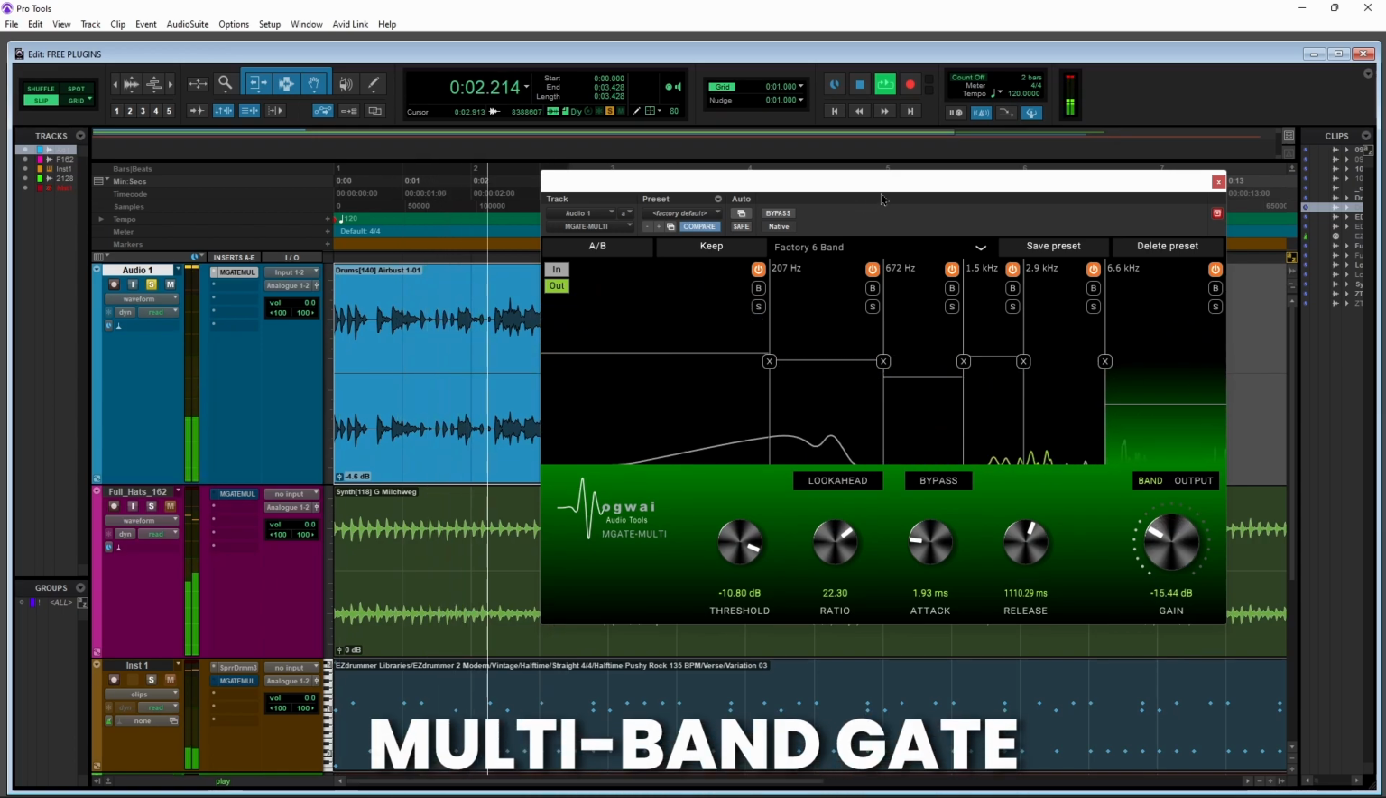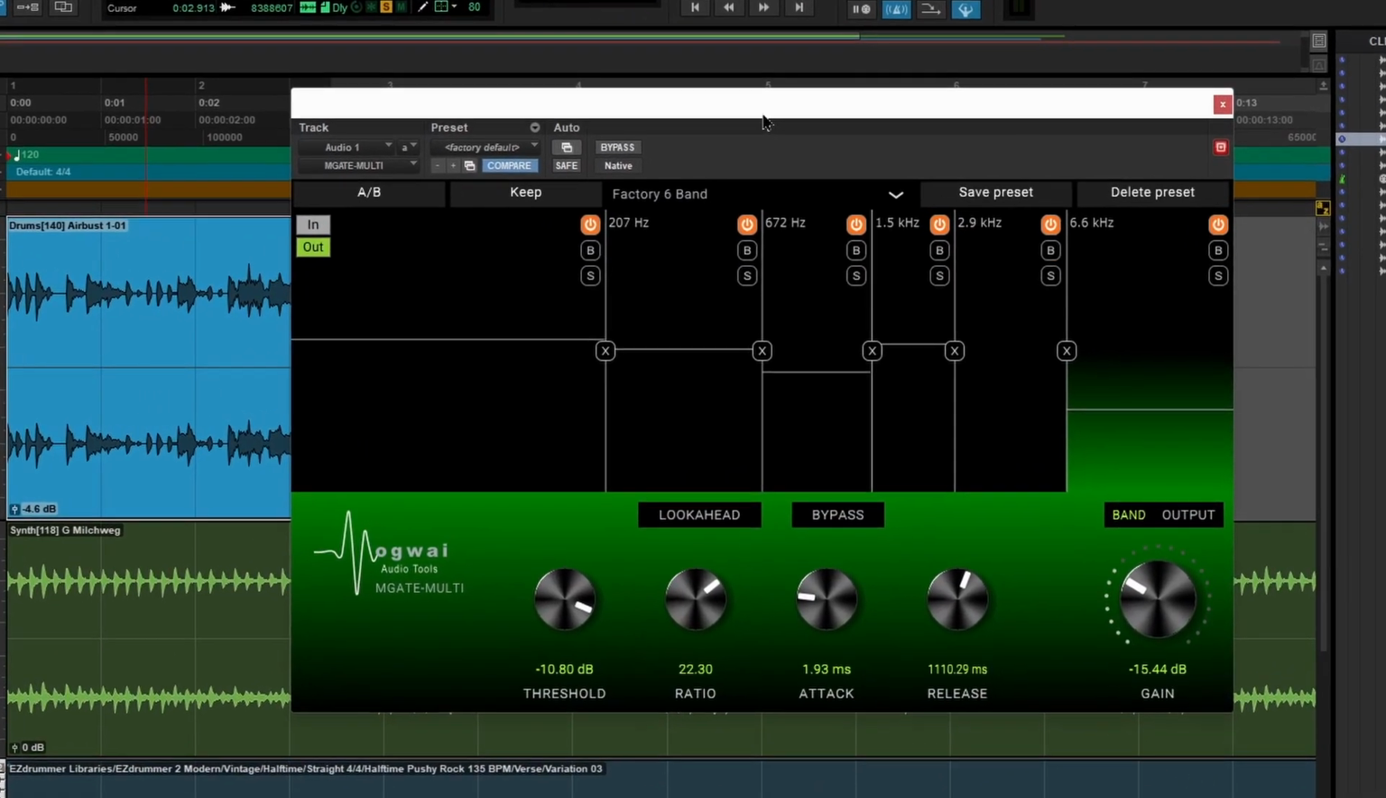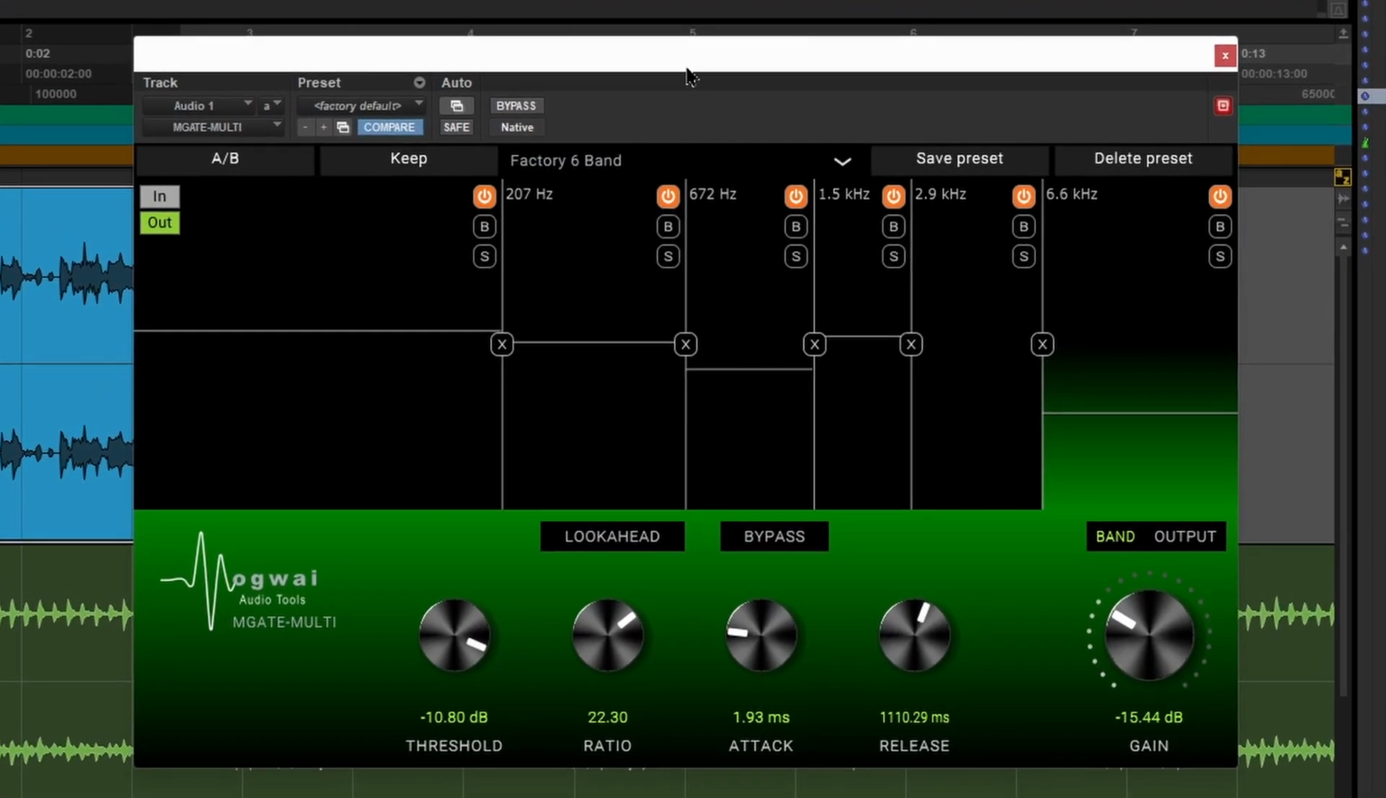All right, this is a free plugin. This is a multi-gate plugin, MGATE-MULTI. So essentially what a multi-gate plugin is, it allows you to split up the frequencies of your track into different